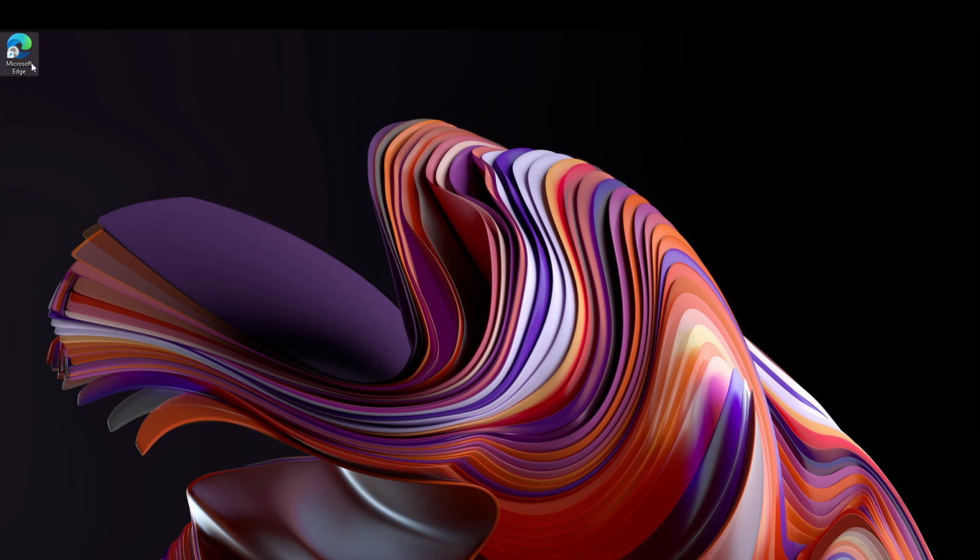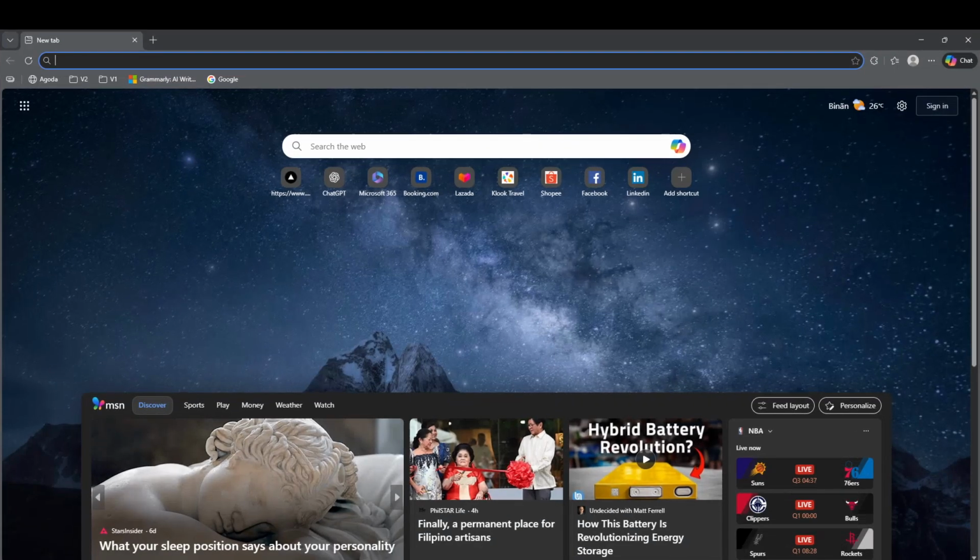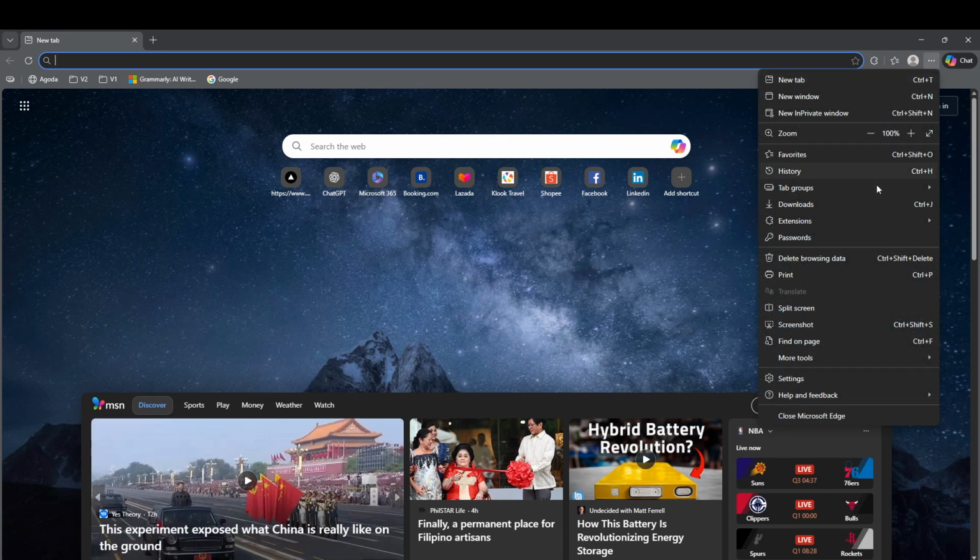what gets filled in. First, launch Microsoft Edge on your computer. Make sure the window is active so the menus we need are visible. Along the top right corner of the browser, you'll see the three dots icon. Click that to open the main menu. From here, you'll go into the browser's settings area, which opens in a new tab and shows a sidebar on